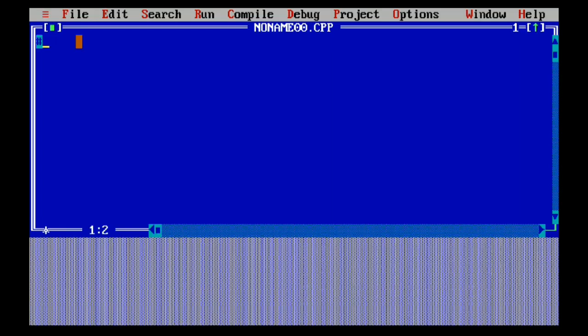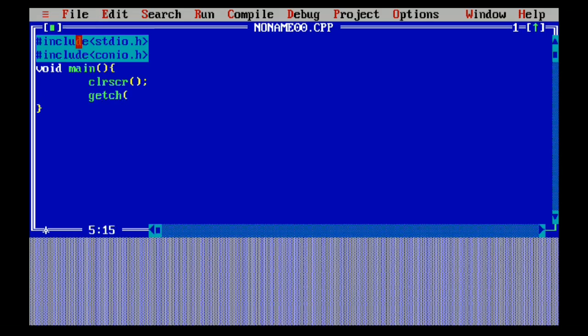So let's include our header files: stdio.h and conio.h. Then void main, clrscr to clear the screen, and getch. With getch you don't always need to press Alt F5 to see the output.